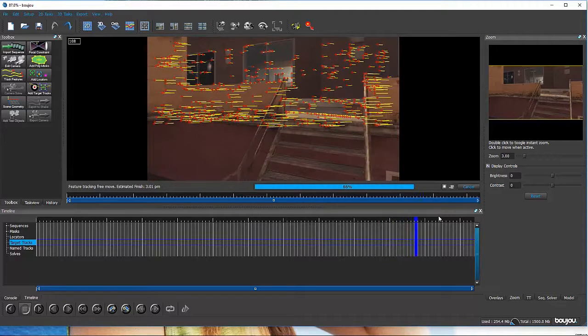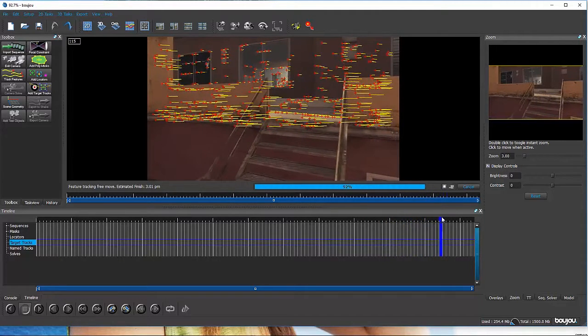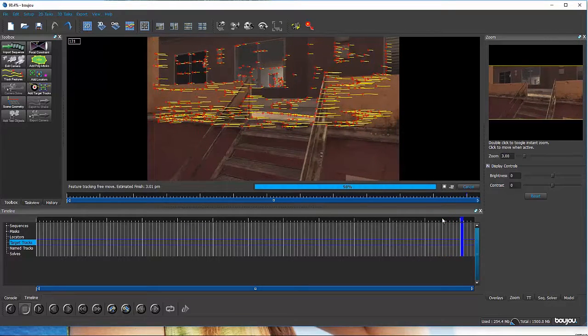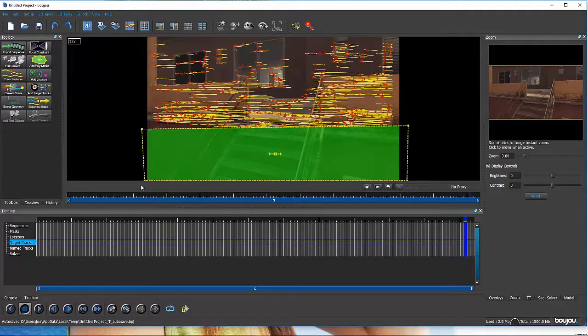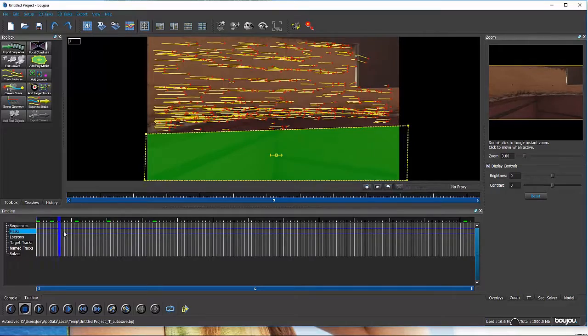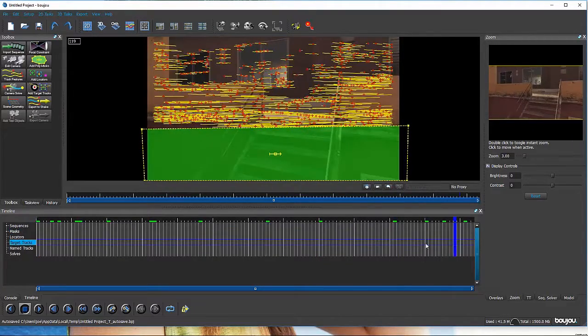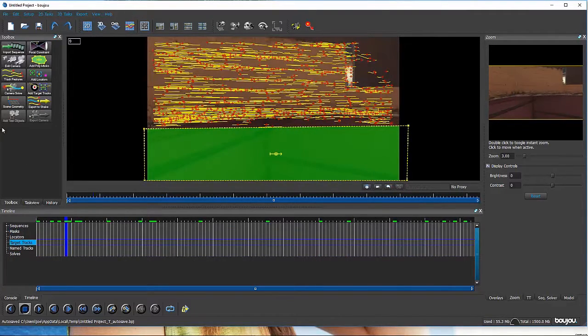So it's nearly done, nearly done. Right, done. So now we've got all these tracking points, but they are no use to us at the moment. So what you need to do is go to camera solve here,